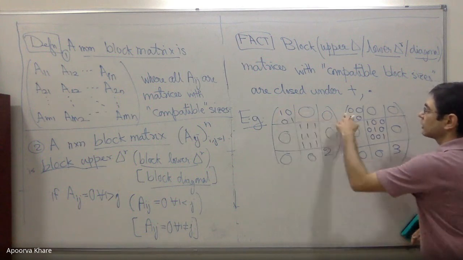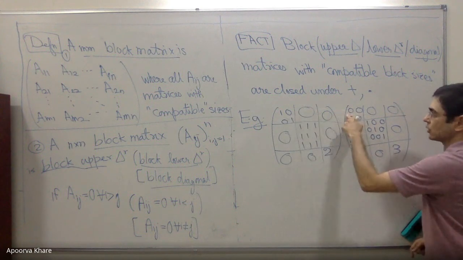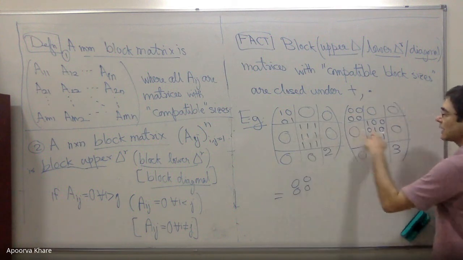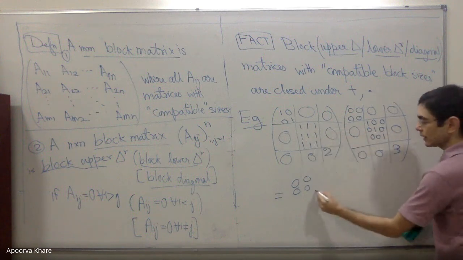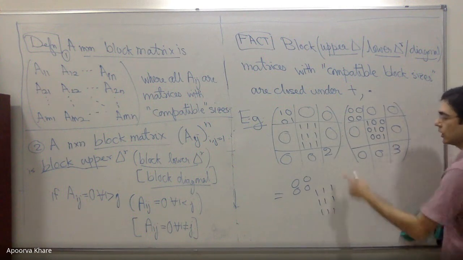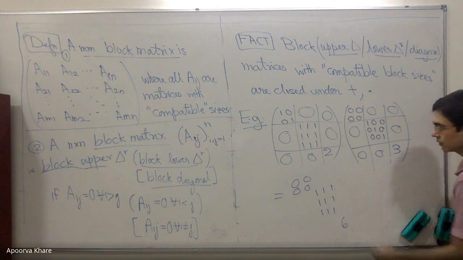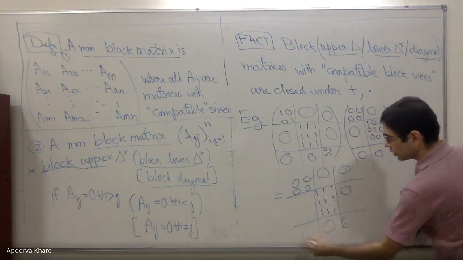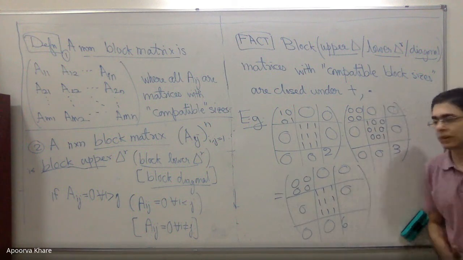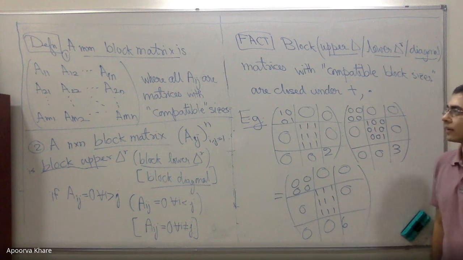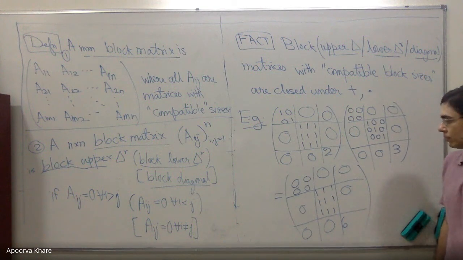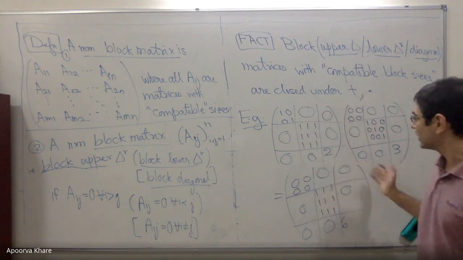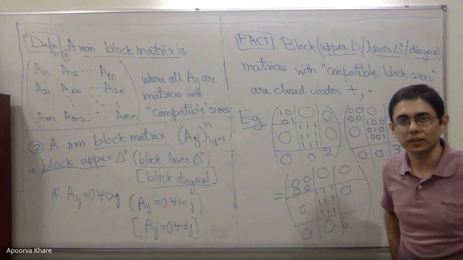And the answer is literally going to be the diagonal blocks multiplied: this times this, anything times 0 is 0. This times this, well, this is the identity matrix, so anything times identity is itself. And this is 2 times 3, which is 6. You can check by multiplying two 6 by 6 matrices that this is exactly what you get, but you don't need to. The advantage of using partition matrices or block matrices is you have all these nice things that I told you about.